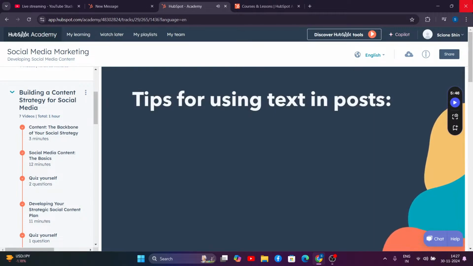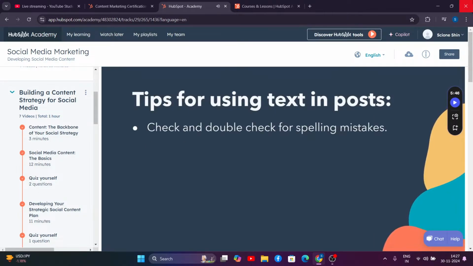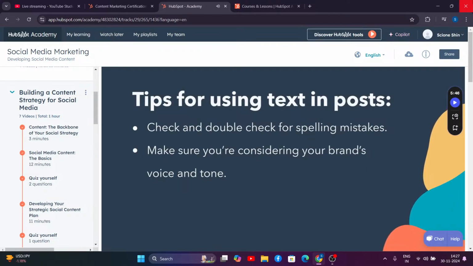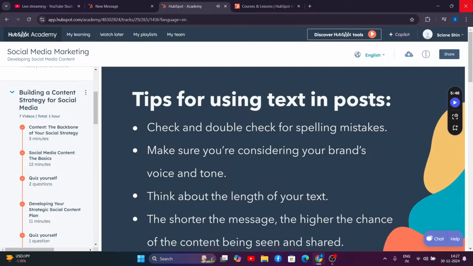We have a few tips for using text in posts. Check and double check your spelling. Make sure you are considering your brand's voice and tone. And think about the length of your text. On Twitter, with only 280 characters, you are forced to be brief. But in general, across all the channels, the shorter your message is, the better your chances of that content being